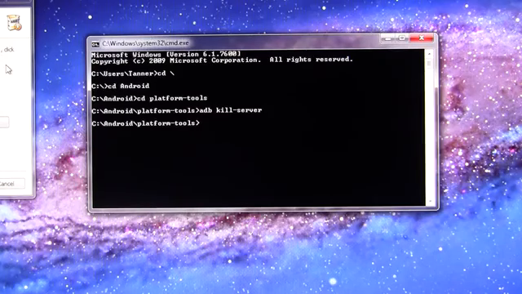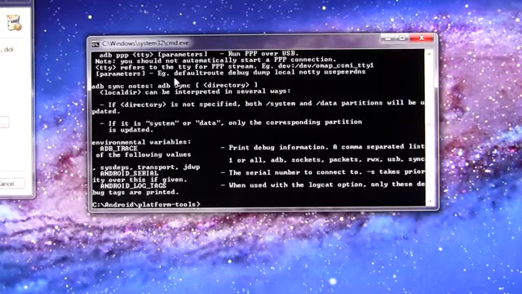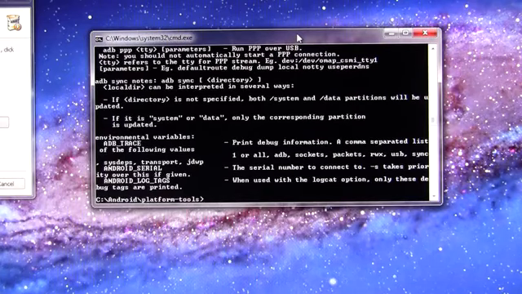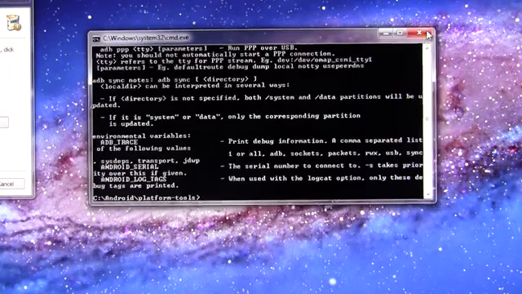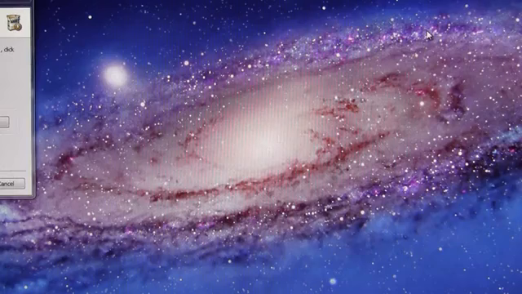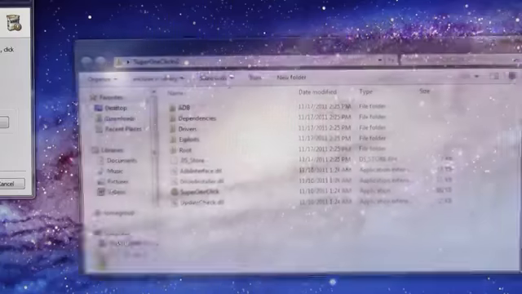And then it will go through and it will kill the server processes. And then you need to type in ADB space devices. And it actually shouldn't look that long, but for some reason it did for me. It should just say list of devices attached, and it should just give you a number, and then it should say space device. So I don't know why it actually did that for me, but it shouldn't do that for you. And once you've done that, you can close out of command prompt. We're done. We basically have the Kindle Fire mounted correctly,